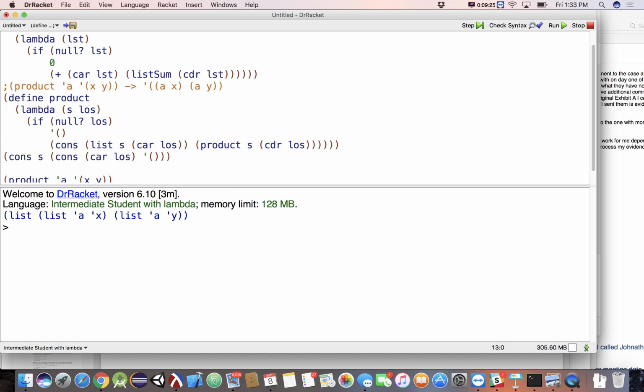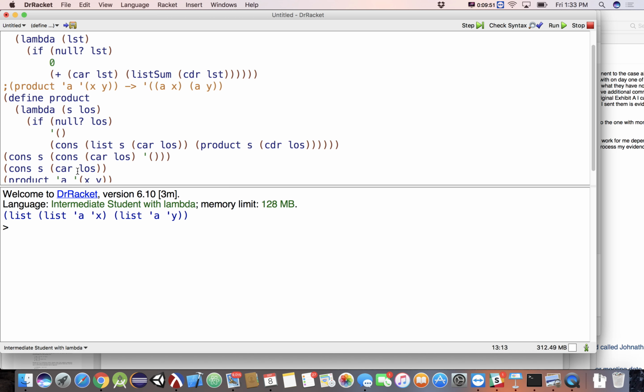Now, why can't I say cons S onto the car of LOS? Common mistake. Why can't I do that? What is the car of LOS going to be? What kind of animal is that? Okay. Cat, dog, symbol, or list? Symbol, right? So what's the second parameter of cons have to be? A list.